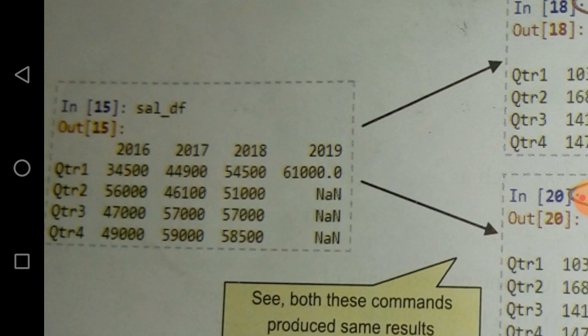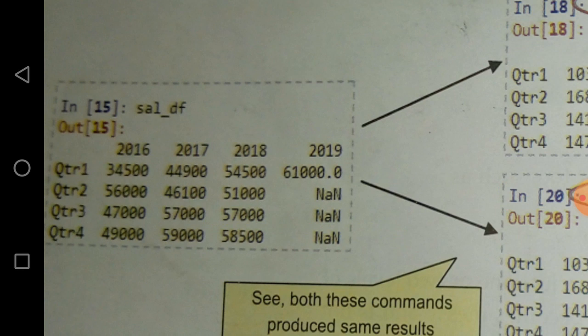QTR1, QTR2, QTR3, QTR4 are the names of the rows or index values, and the name of the data frame is sal underscore df.